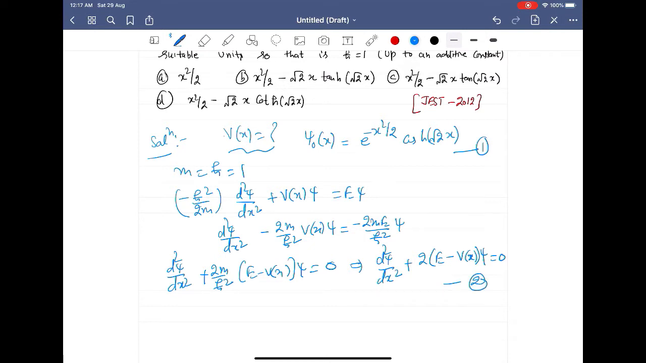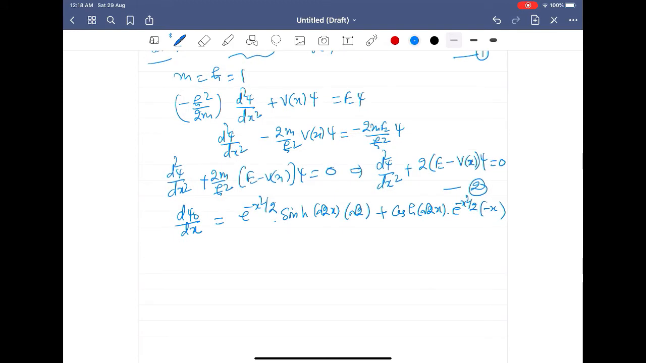Now the solution of this is already known to us, given in the problem as psi 0. So if it is a solution of 2, it will satisfy the equation. So we find out d psi 0 over dx from 1. That will turn out to be e to the power minus x squared by 2 times the derivative of cosh, which is sinh root 2x into root 2, plus cosh root 2x e to the power minus x squared by 2 into minus x. Then you find the second derivative d2 psi over dx squared, which turns out to be root 2 sinh root 2x e to the power minus x squared by 2 into minus x, plus root 2 e to the power minus x squared by 2 cosh root 2x into root 2,